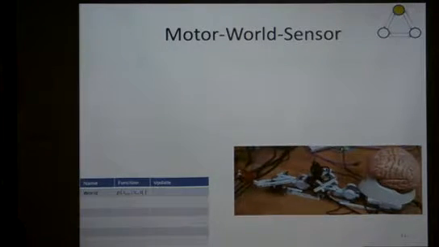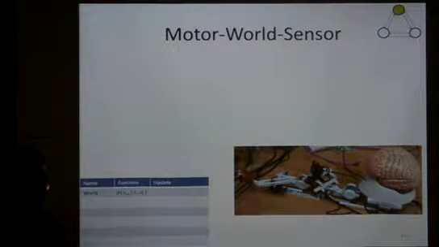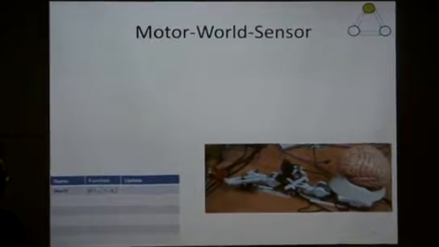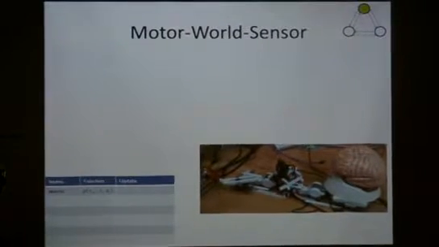Come on. No one recognizes it? It's Lego. Lego Mindstorms. Okay, if you don't have it at home, then buy it, either from research money or from your kids' money. I don't care. I used my research money for the first, and for the second, I used my kids' money.